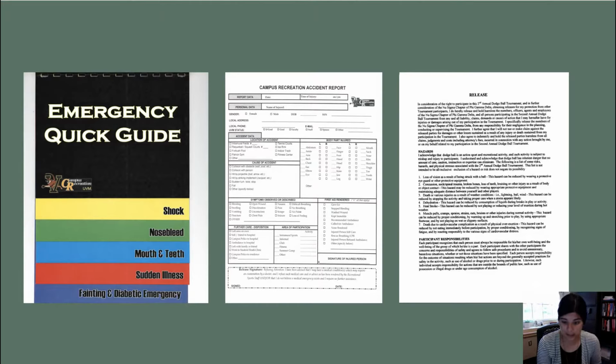There are other documents that we'd want to assess when we're assessing risk. Maybe reviewing the emergency guide that is on hand at a site. Is it thorough? Is it covering all that it needs to cover? Is it informative? Is it something that's accessible to staff? And there could be other documentation you look at depending on the site, right? Perhaps